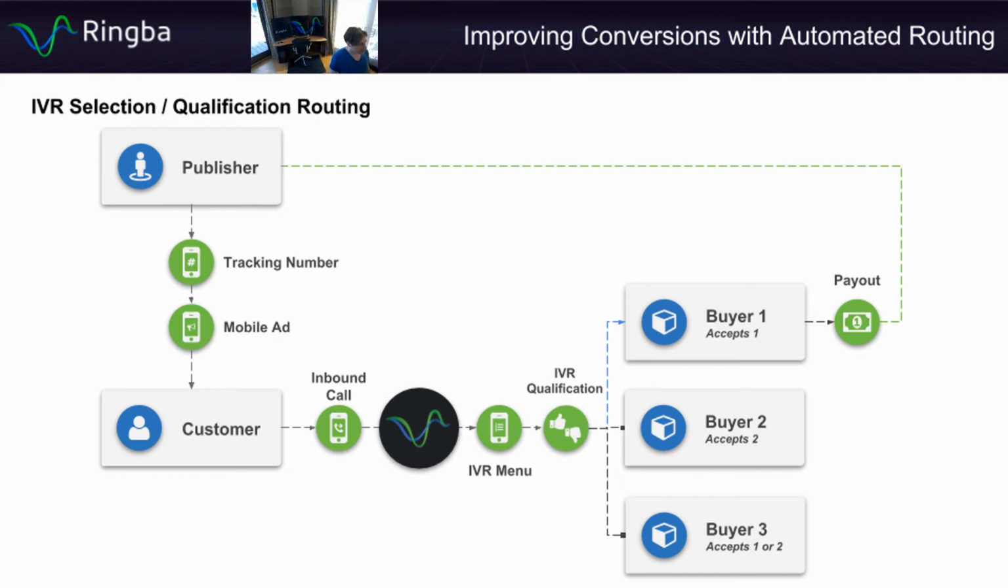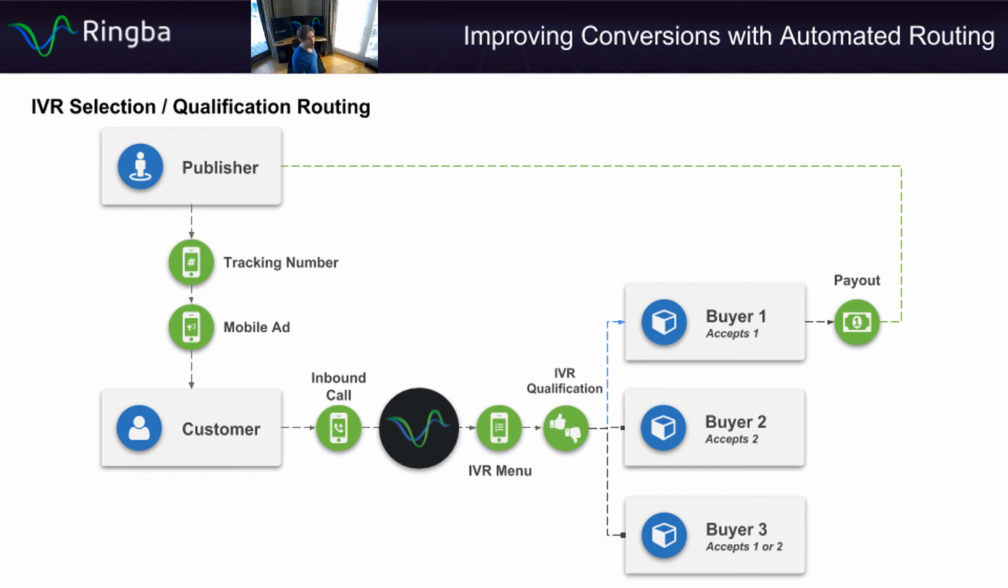And so it says, you know, thanks for calling. Please press 1 for sales, press 2 for customer support. They press 1, goes to one of these buyers, okay? Bam, buyer gets it, makes a payout. For whatever reason, it goes to buyer 1, okay? Very simple